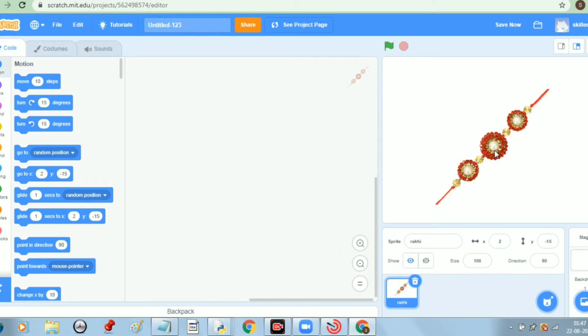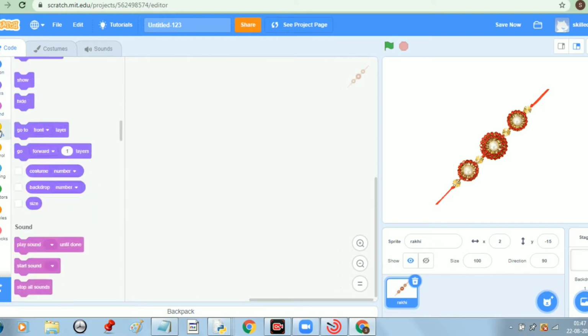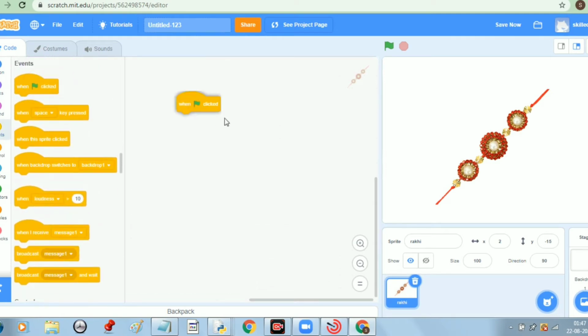So first let us see how we can move this Rakhi. We want motion in this Rakhi. So we start our project with the block when flag is clicked. Okay, let us turn this Rakhi.